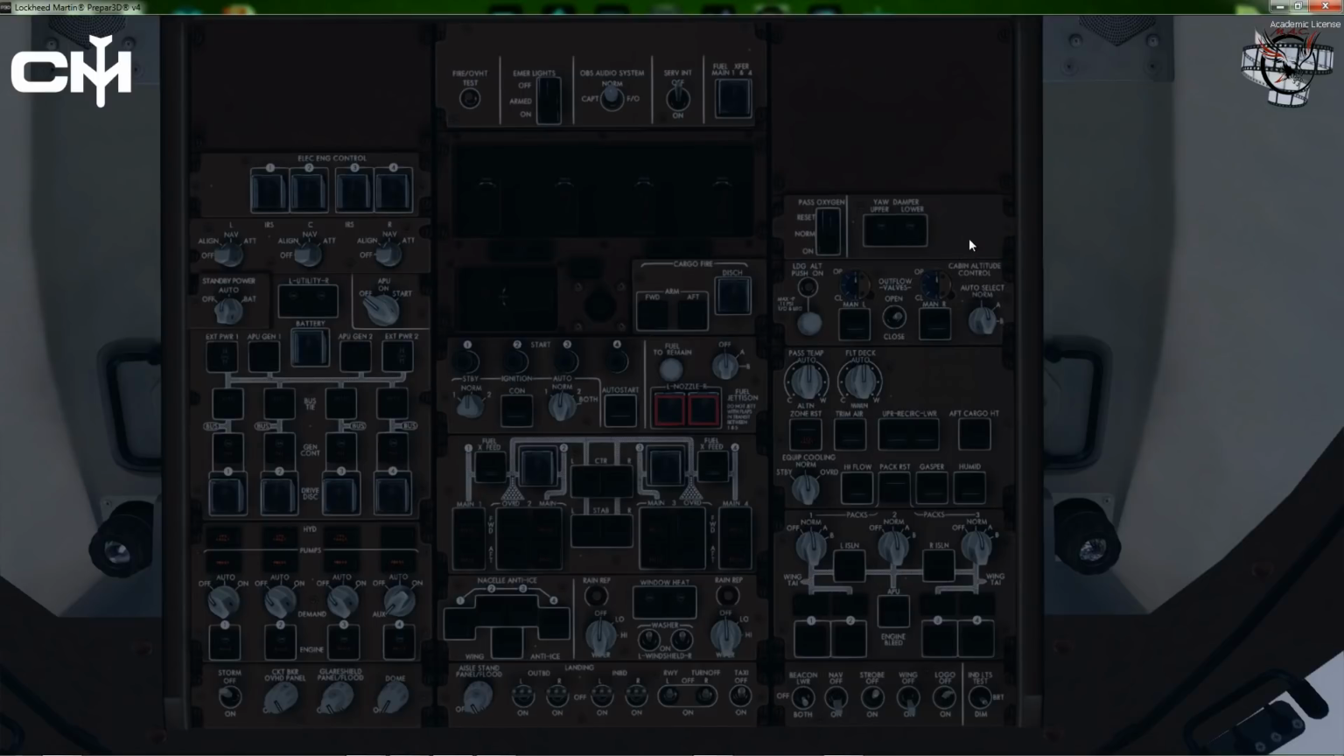APU switch. It says to start the APU at this point, but I don't really see the point in starting the APU right now because we still got quite a bit of work to do. So why would I want to start the APU, right? However, after starting the APU and turning the APU generators on, we need to remember to come back and these